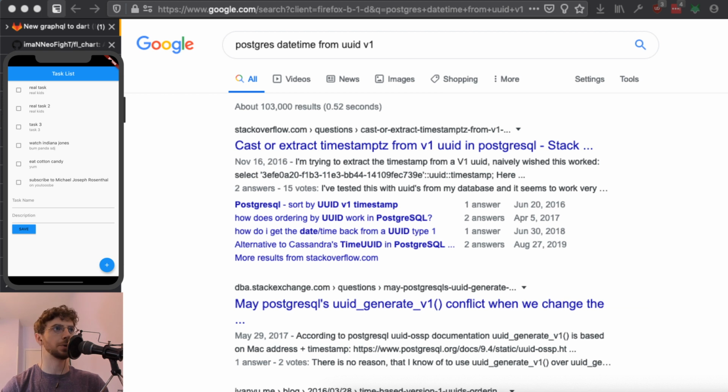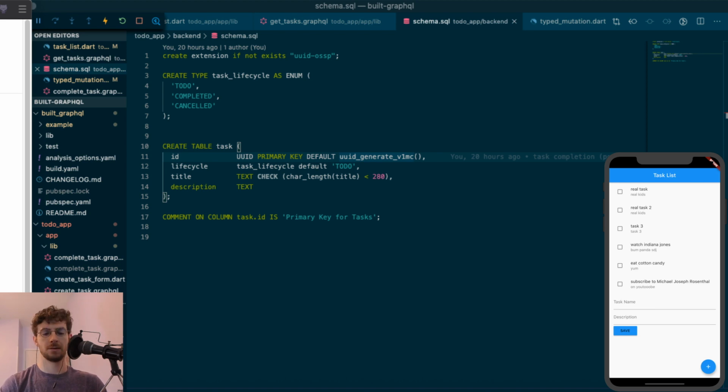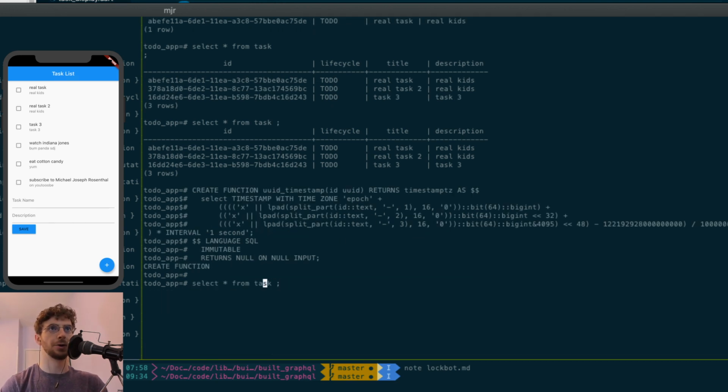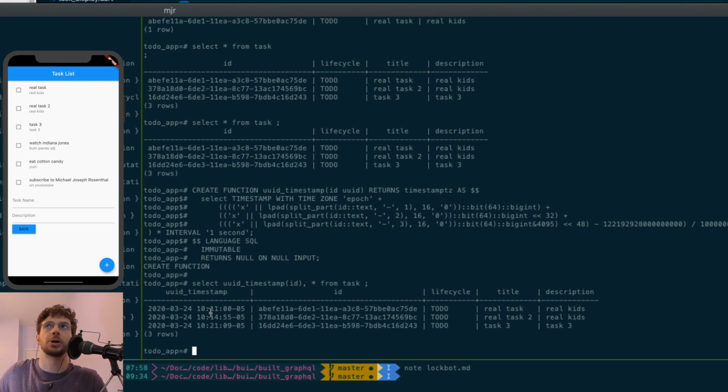I think I have a helper for this elsewhere. It's like a utility. Yeah, so you can do this function, which shows you the timestamp that the UID was created at, because it's generated partially from a timestamp. So if we order by ID descending,